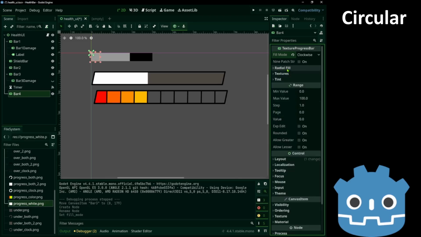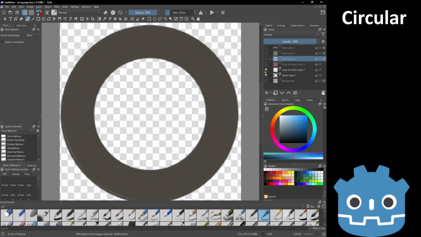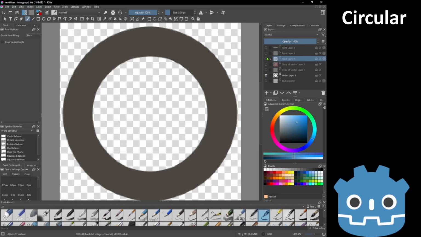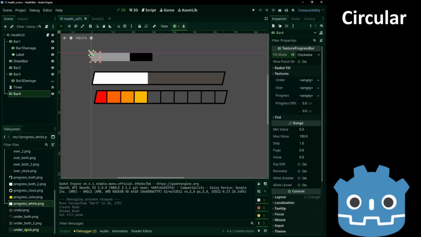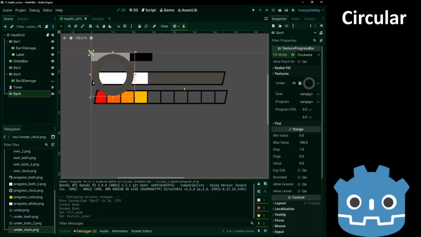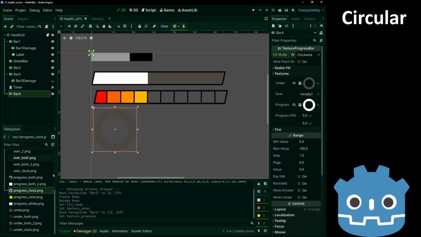We'll see that one later. Now for the textures, we'll just use a circle. This is the under. This is the progress. And this is the over. We place the under here. Progress. And over.